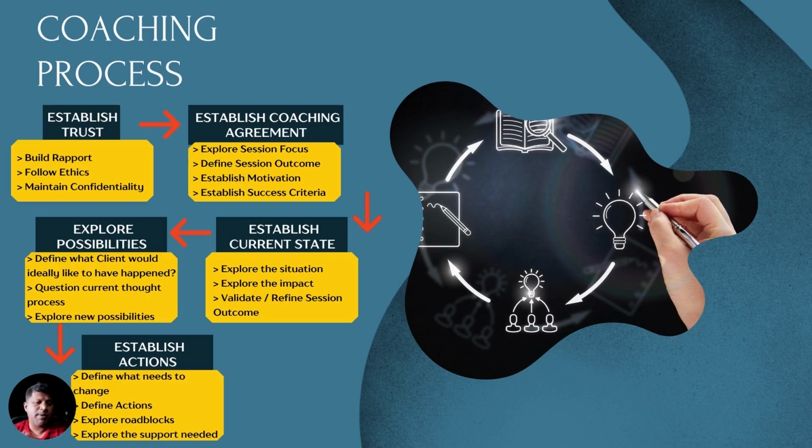So all that will be explored, whether it is a financial resource, whether it is an external people, or somebody within his close circle who can help, or even you as a coach, which could be